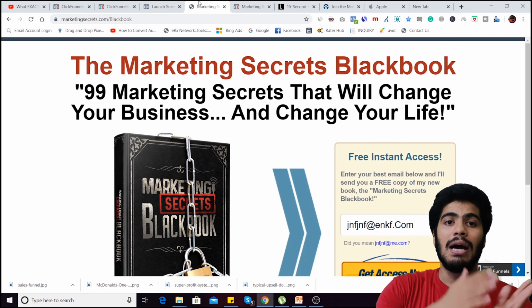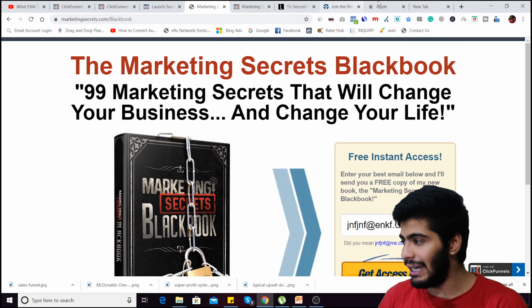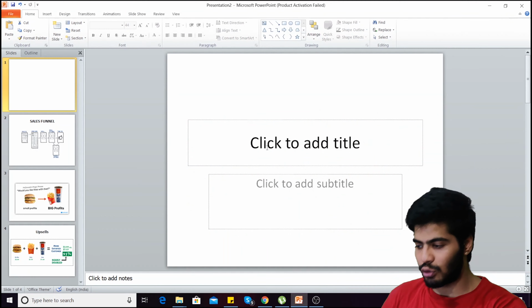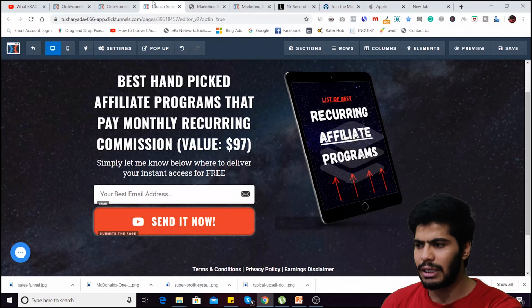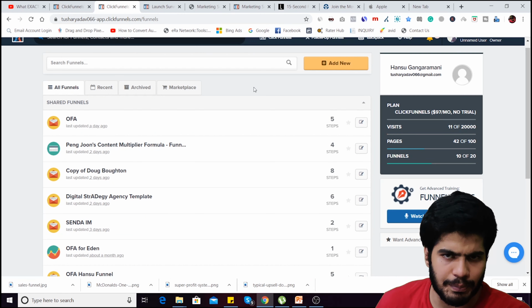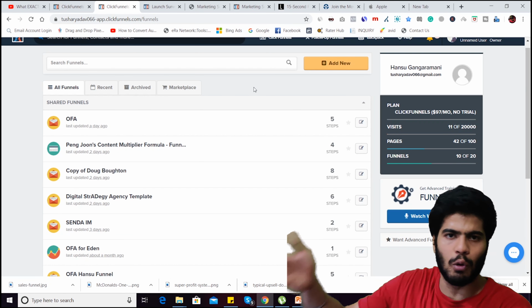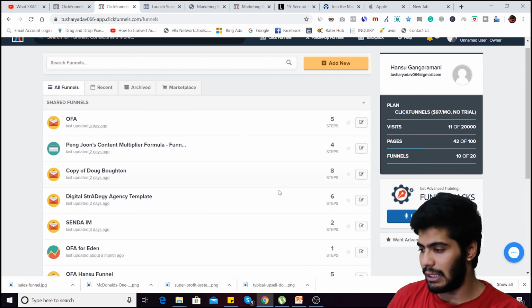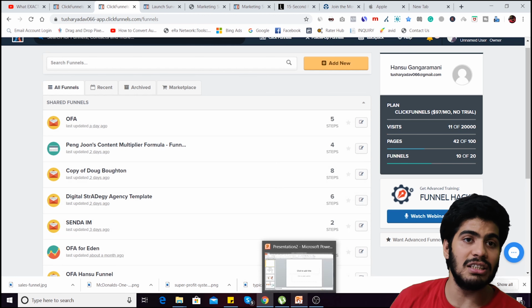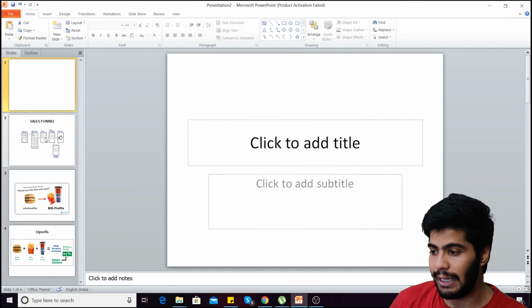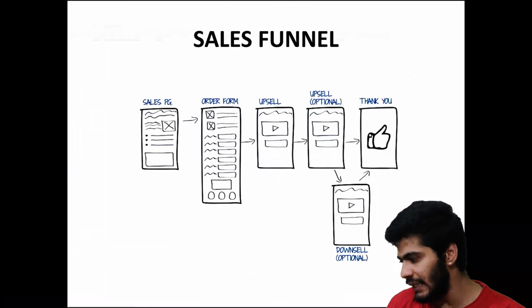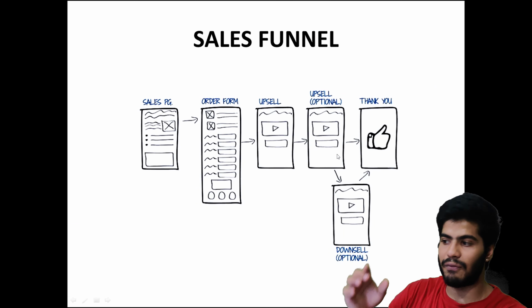Now let me tell you what ClickFunnels is. ClickFunnels is a software which helps us create sales pages and the whole process. Now let me show you what the sales funnel process looks like. As you can see on the screen, this is how a sales funnel looks.